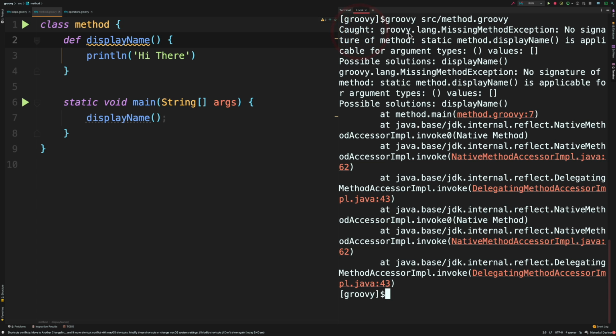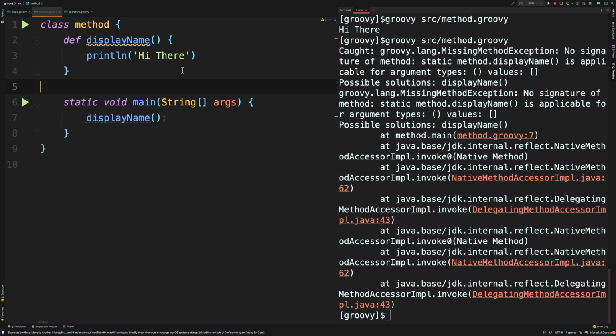It says groovy.lang.MissingMethodException, no signature of method static. So basically in Groovy and in many other programming languages, there's a concept called scope. In the main method that we are invoking this display method from, we basically don't know about it outside of the main method.